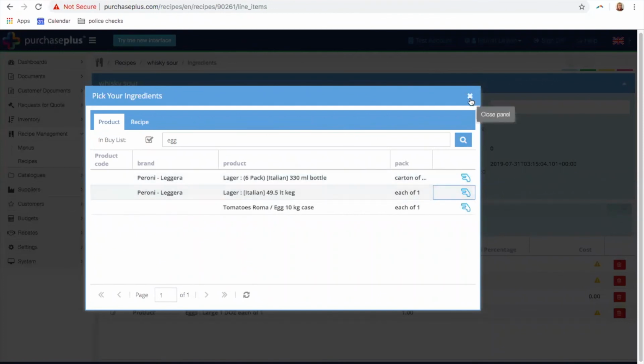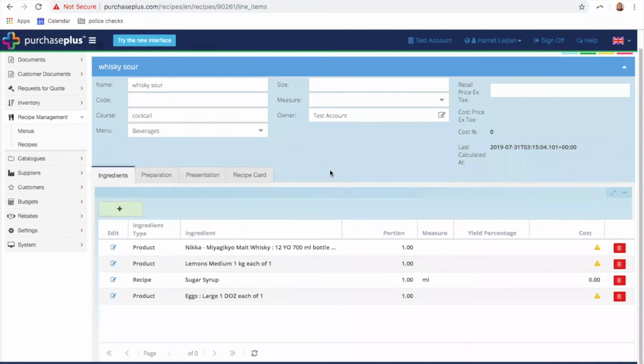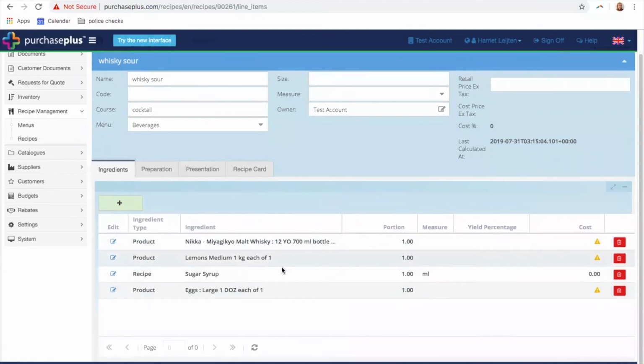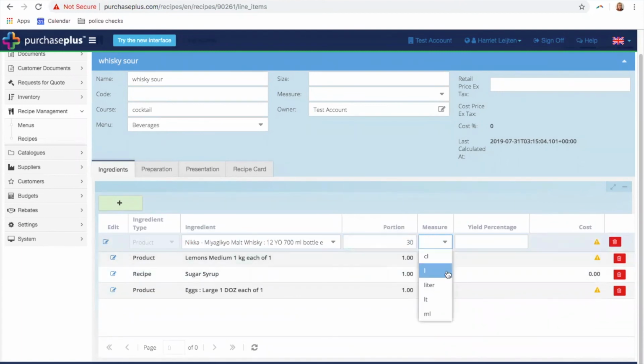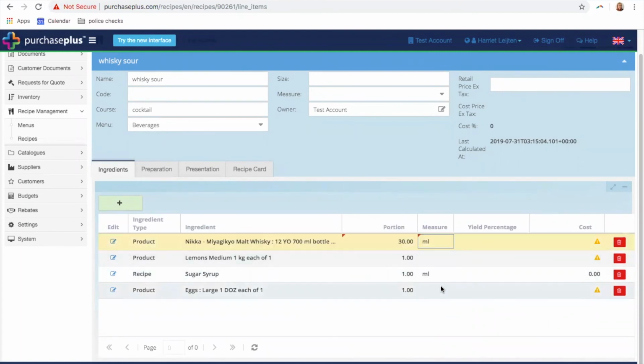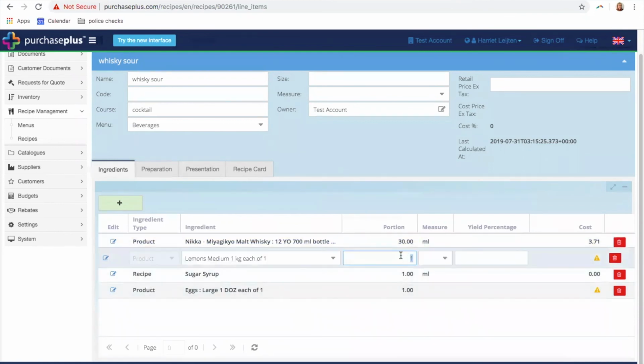So once we've added all of our ingredients, we need to tell Purchase Plus how much of those ingredients are going into our recipe. Okay. So for our whiskey, how many mil? I'd say 30 mil. Perfect. Lemons. What weight of lemon? I'd say probably half a lemon. How many grams is that? Let's say 100